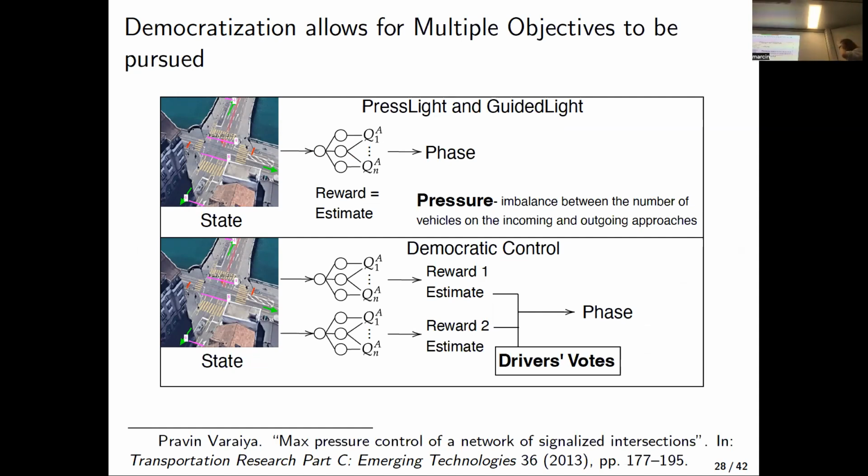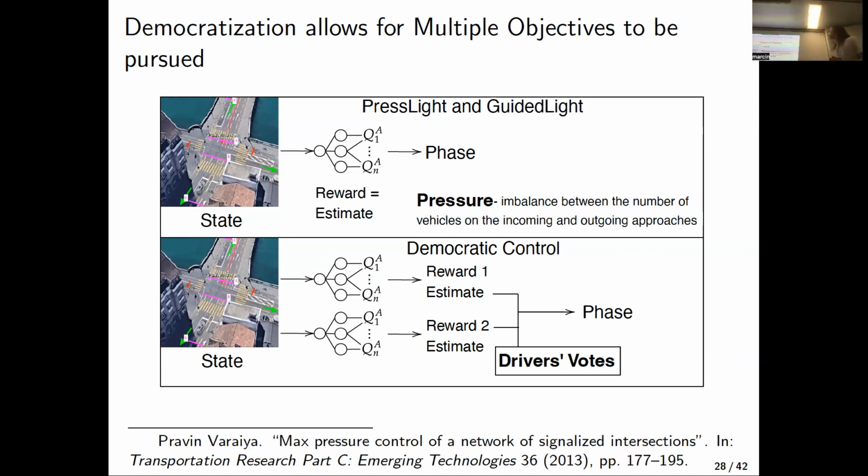And so how do we do it? So classical machine learning, PressLight, but also the GuidedLight method that we proposed, they just have this reward that they're trying to estimate. And then we're maximizing this reward. And in this case, we've used pressure. And this is this kind of funny measure, which is quite liked in the traffic science because there are certain guarantees. You know, someone established under certain conditions, certain proofs and guarantees on how optimizing pressure locally will affect the system globally. It's generally quite hard to kind of draw this conclusion. So everybody likes pressure because there are these guarantees, of course, under conditions which are often also not met,